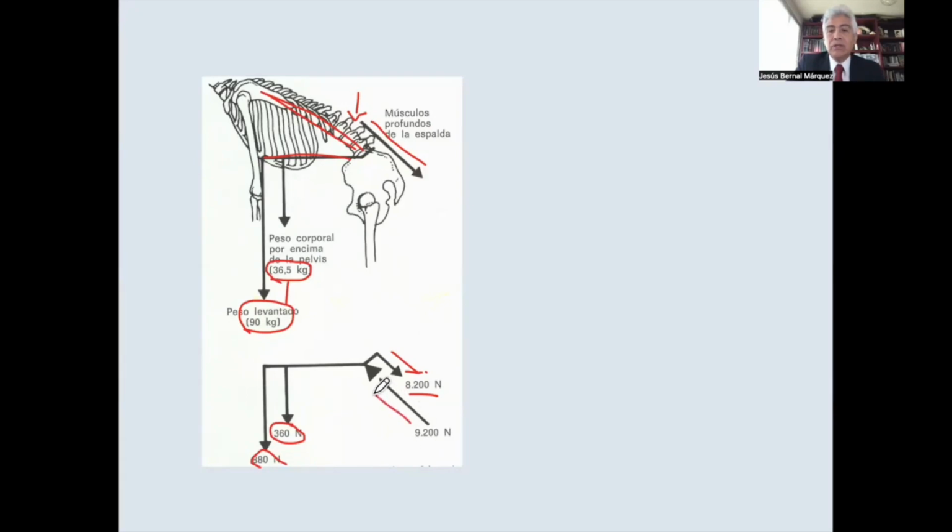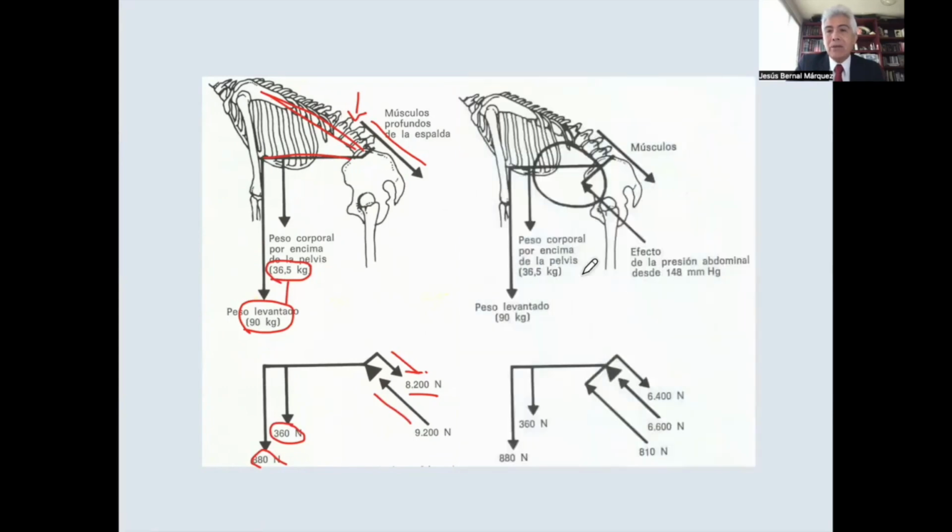What are we going to do for it? To do this, we can increase intra-abdominal pressure. If we increase the intra-abdominal pressure enough, we can add to this force and now compensate it 810 newtons, which then decreases from 8.2 newtons of force that we are going to need 9.2 newtons in the spine. We lower it to 6.6 newtons. Specifically,